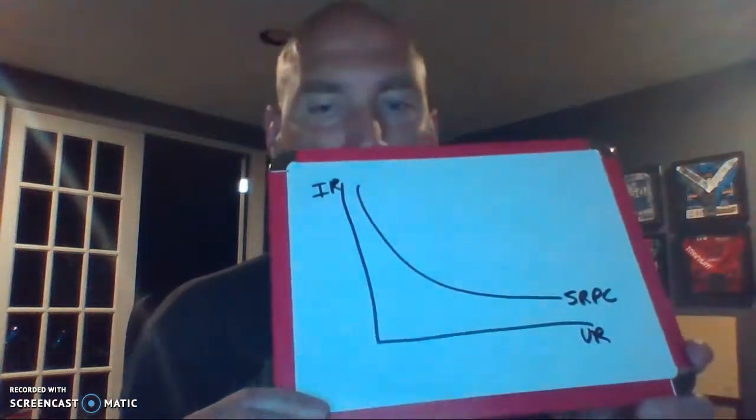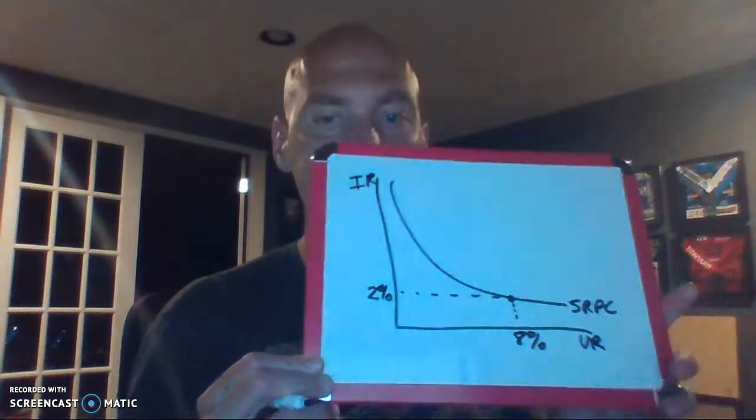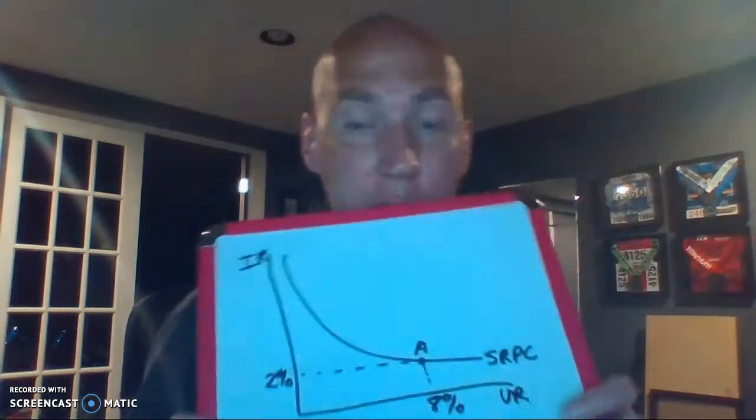Another FRQ with the Phillips curve involved, showing that inverse relationship between unemployment and inflation. Let's say we had high levels of unemployment and low levels of inflation, like 8% unemployment and 2% inflation. Well, at point A, if aggregate demand increases,